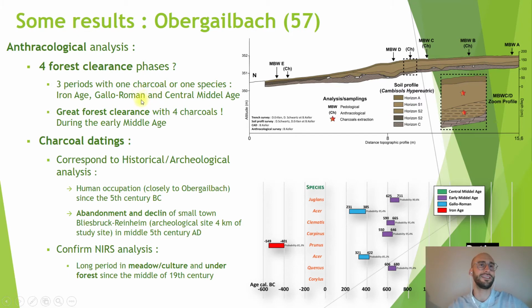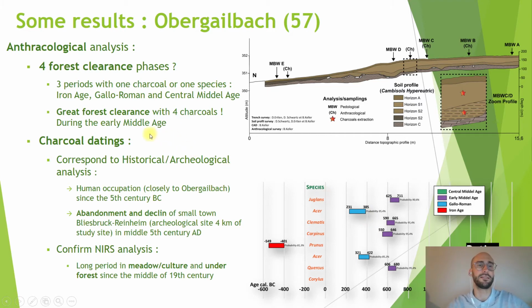So the first site is located in the community of Obergelbe, as you can see on this slide. After identifying the charcoals, we dated 8 charcoals, and we can determine 4 fire periods from the Iron Age to the Middle Ages. As you can see on the table, just here, you can see 4 charcoals from the same period, during the early Middle Ages. So what is interesting at this site in Obergelbe,